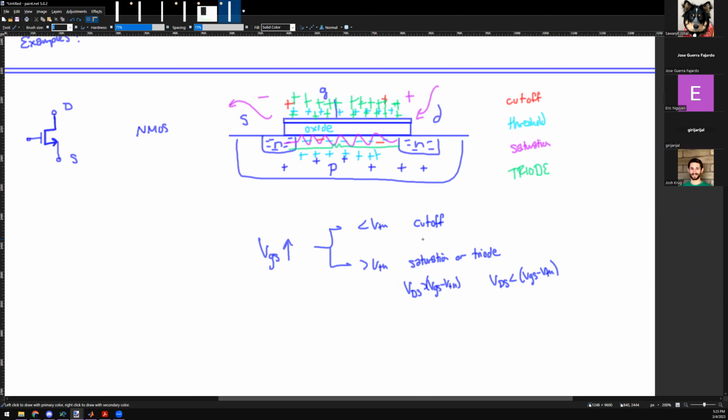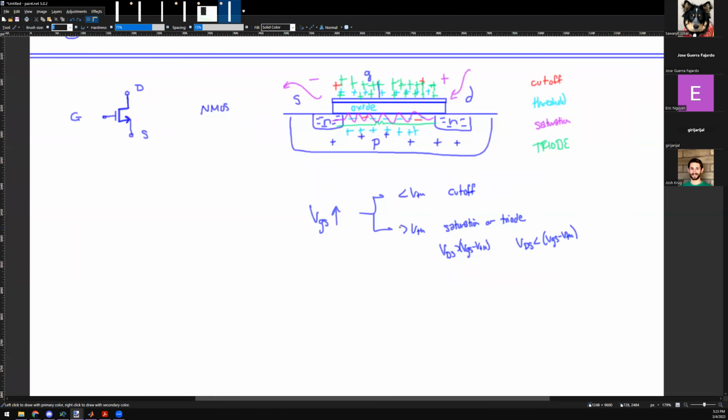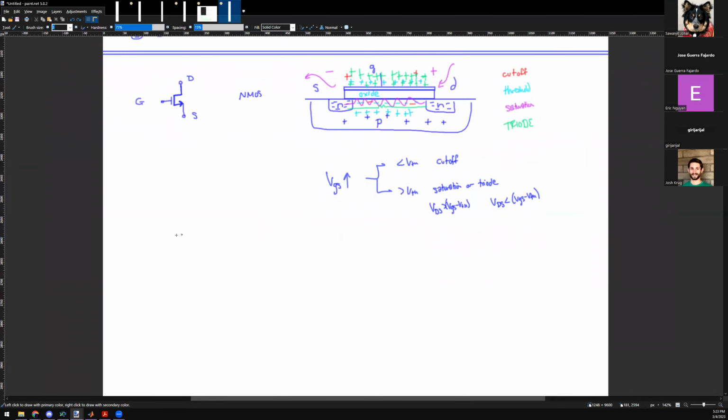So do the names make intuitive sense now? Yeah, they do. It makes a lot more sense. All right. So these are the three main regions for a MOSFET, and the physics makes sense, correct? Yeah, it's just the example of I start placing charge one by one. Okay. So what happens